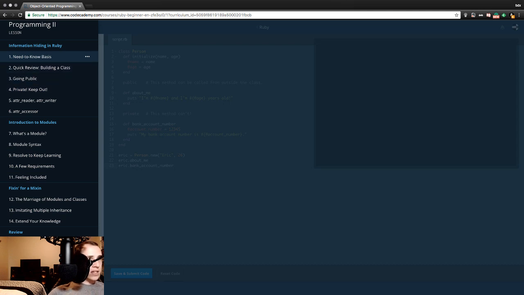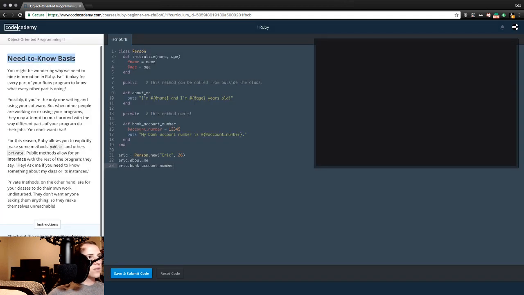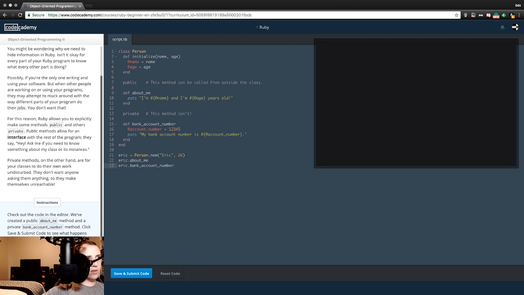All right, section 1, Need-to-Know Basis. You might be wondering why we need to hide information in Ruby. Isn't it okay for every part of your Ruby program to know what every other part is doing? Possibly, if you're the only one writing and using your software. But when other people are working on or using your program, they may attempt to muck around with the way different parts of your program do their jobs. You don't want that. For this reason, Ruby allows you to explicitly make some methods public and others private. Public methods allow for an interface with the rest of the program. They say, hey, ask me if you need to know something about my class or its instances. Private methods, on the other hand, are for your classes to do their own work